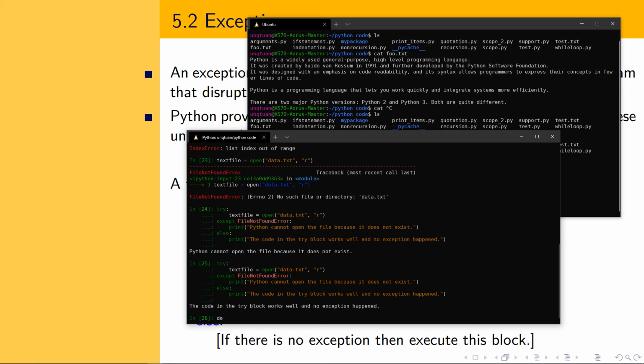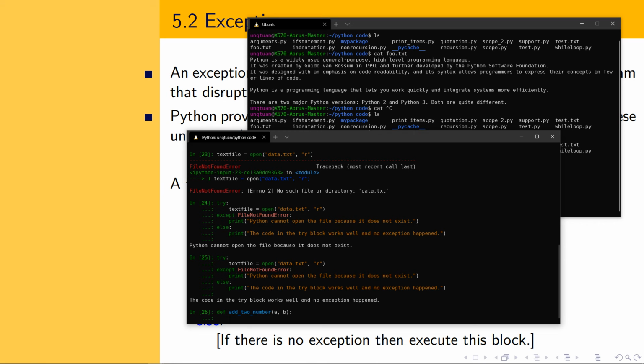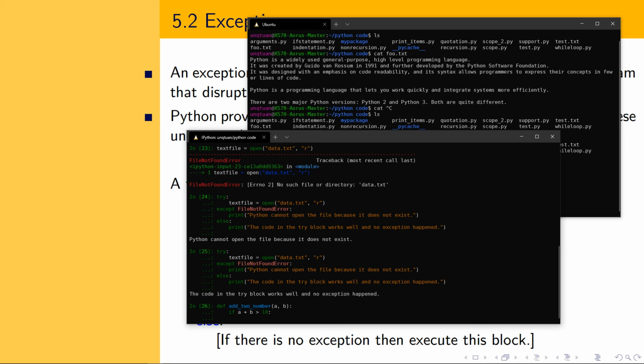Something like you have a function adding two numbers, a and b, and inside the function you check the sum if it's larger than a limit value, and you set that it cannot accept the maximum value, like a plus b is larger than 10, for example, and you raise an exception,